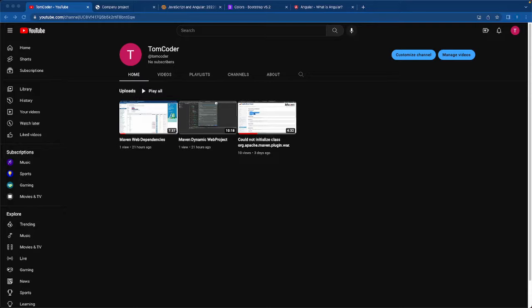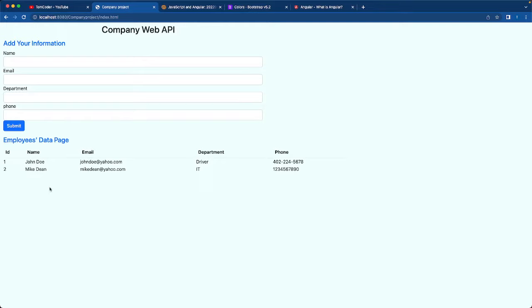Today I'm going to show you how you can build a web API using Java. It's all Java, no framework. We are building something like this. User can add their information, and then it displays at the bottom, and you have the information in your